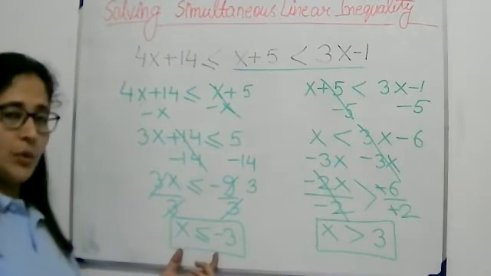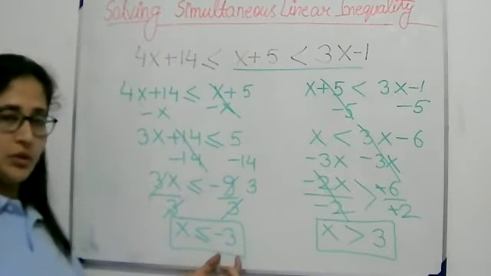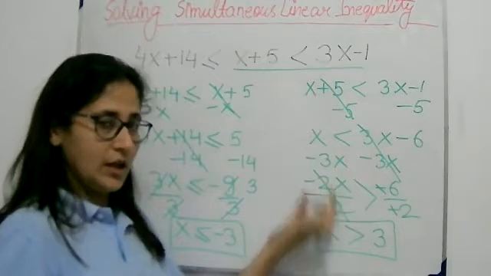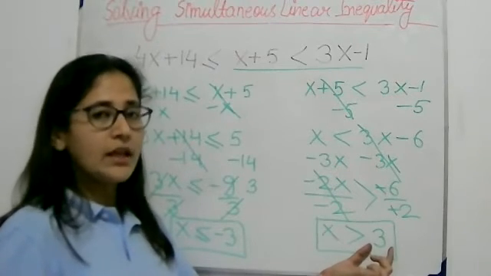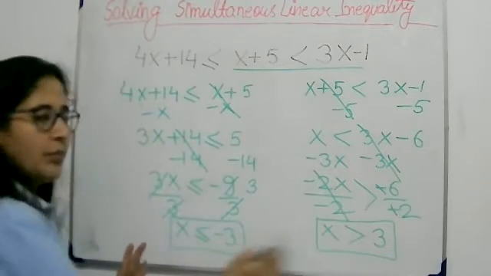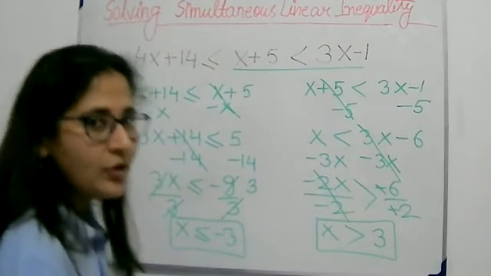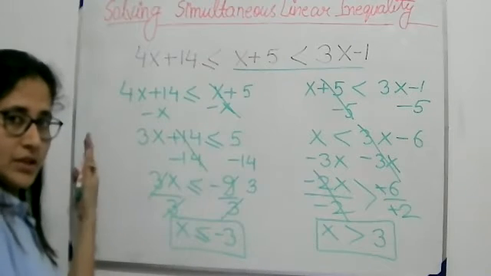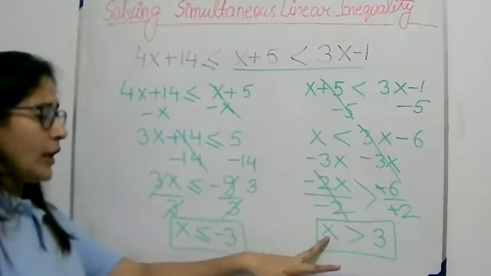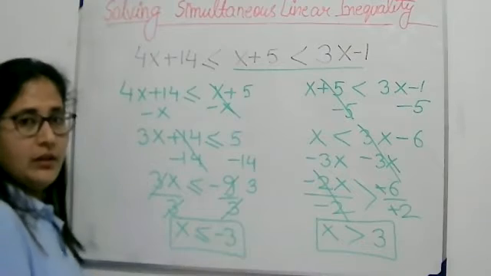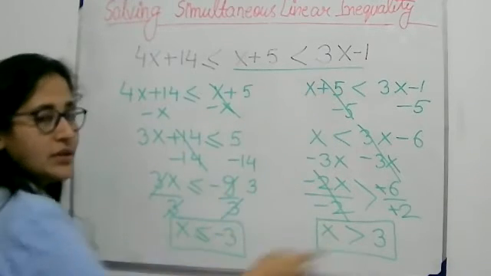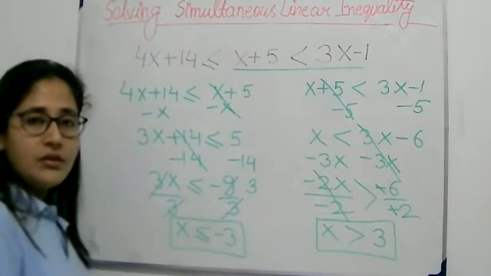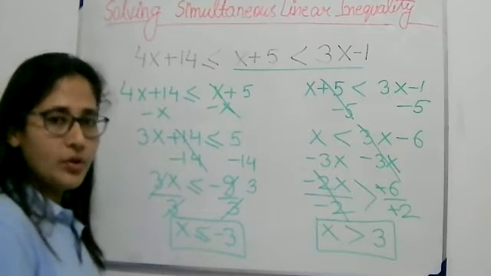Now, for the first inequality, the value of x is less than or equal to minus 3. And for the second, the solutions of this inequality are all those values which are greater than 3. Let's represent both on a number line. Or without representing also you can see all those values which are less than minus 3, that means the opposite side, backward side. And all those values which are greater than positive 3, forward from the positive number. That means there is no overlapping area. So no common solution. So the answer will be no solution.